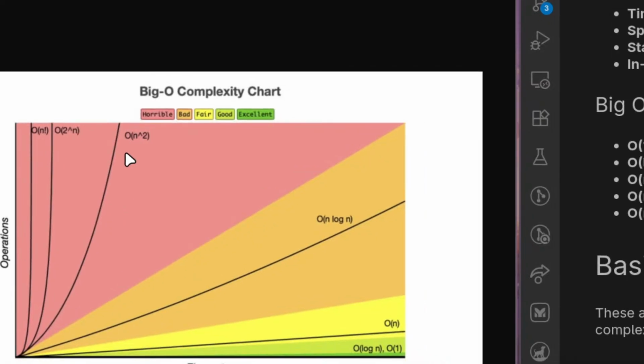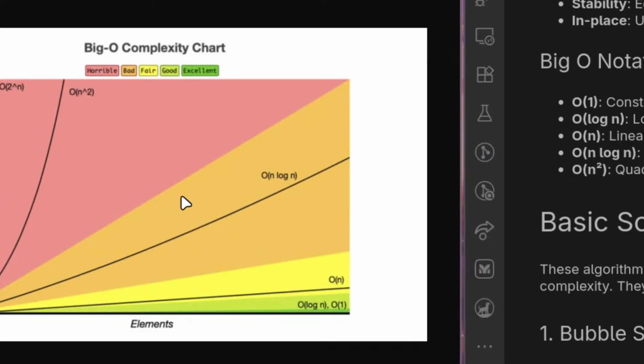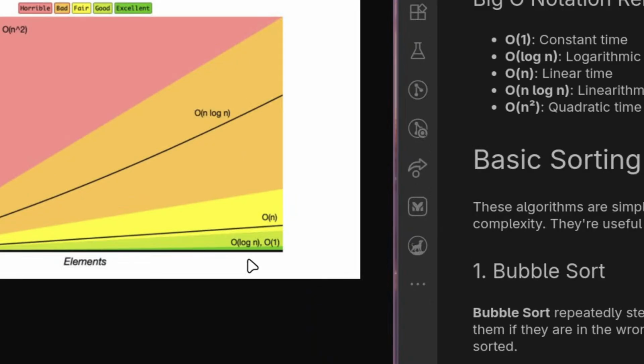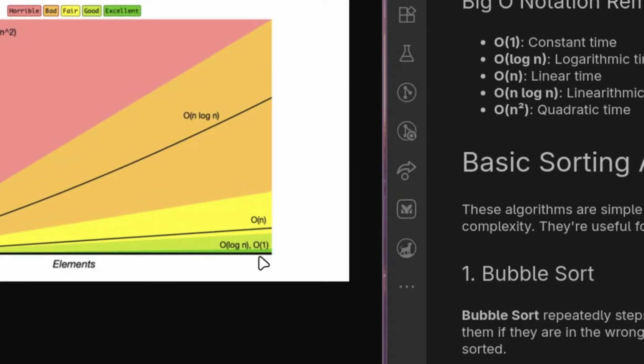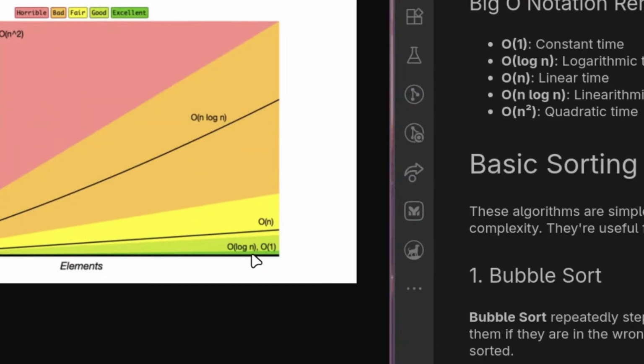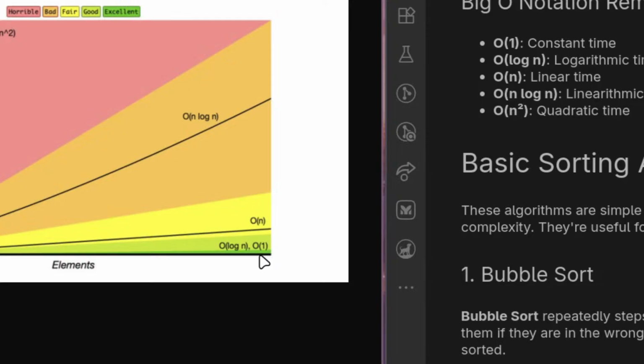Now, this is n to the power 2, which is basically a quadratic algorithm. Now, you need to understand that this is the constant time. This is the constant time, which is basically here. Now, after that comes the